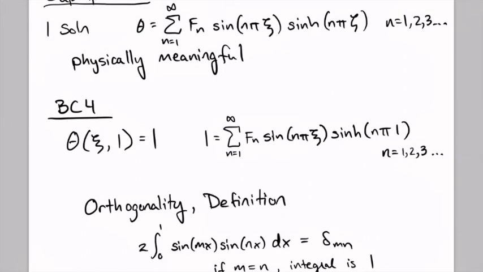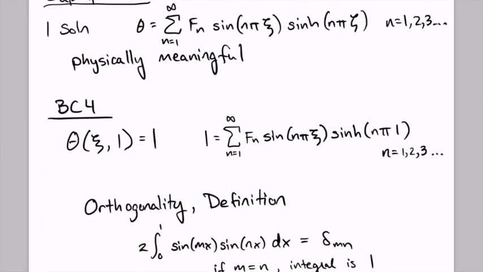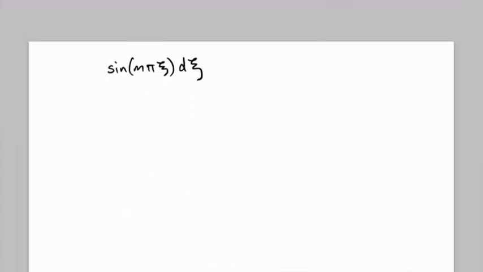And now we're going to see how we can use this to solve the constant of integration remaining in our non-dimensional temperature profile. So we're just going to multiply both sides of the equation by sine m pi c dc. And you're allowed to multiply both sides of an equation by the same thing and expect the equality to hold. And so if we multiply the left-hand side, which is unity, we just get sine m pi c dc. And then if we multiply the right-hand side,